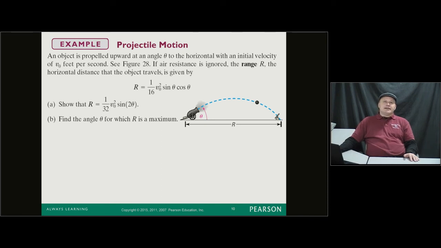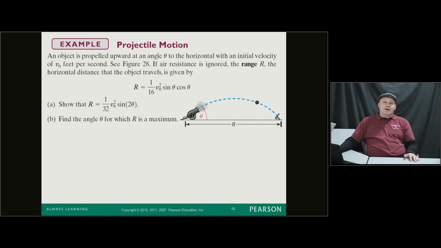Alrighty, so an object is propelled upward at an angle of theta to the horizontal with an initial velocity of v sub 0 feet per second. See the diagram below here. If air resistance is ignored, the range r, which is the horizontal distance that the object travels, is given